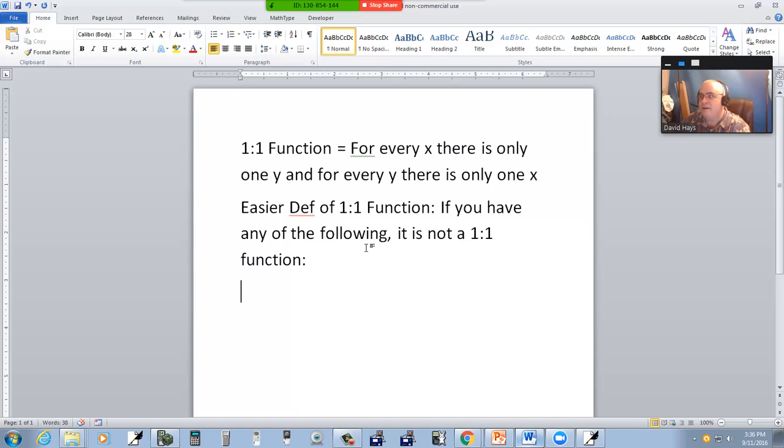If you have x to an even power, if you have y to an even power, then it's not a one-to-one function. If you got the absolute value of x, if you got the absolute value of y, if you got the plus or minus symbol,